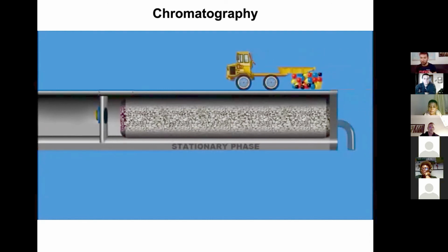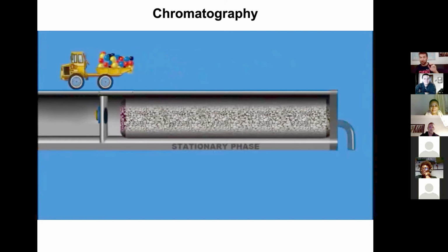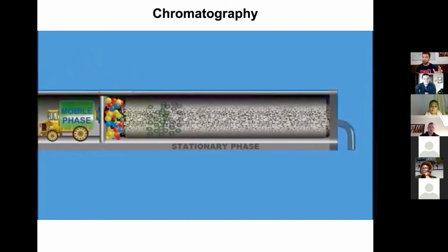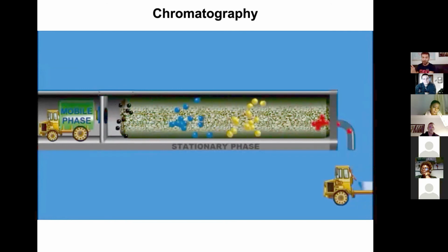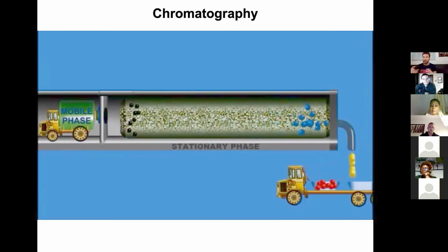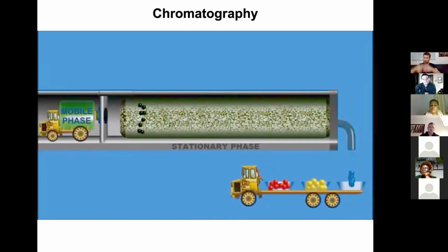And for example, here you can see Larry, but not Larry, of course, it doesn't look like this one. But you have different molecules. Here you have some molecules, yellow, blue, red, and black. Then you go with a mobile phase. In this case, it can be solvent. Sometimes it can even be water. And you can see that if it goes through this stationary phase, at the end, this whole mixture of products is separated. So it looks like a filter. You know, it's a filter with just some